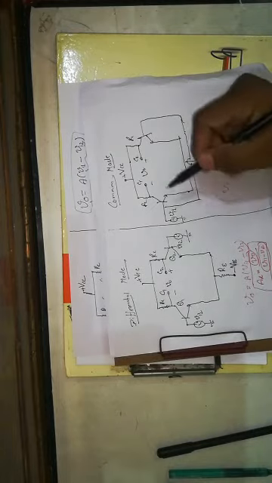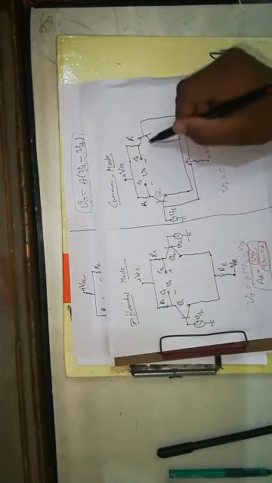Practically, there is some mismatch between the transistors Q1 and Q2. Initially, when we were discussing the differential amplifier, we took these two transistors to be identical. But as we already discussed when talking about beta, it is not practically possible to manufacture two identical transistors having all parameters, like beta, the same, because there is a manufacturing limitation.